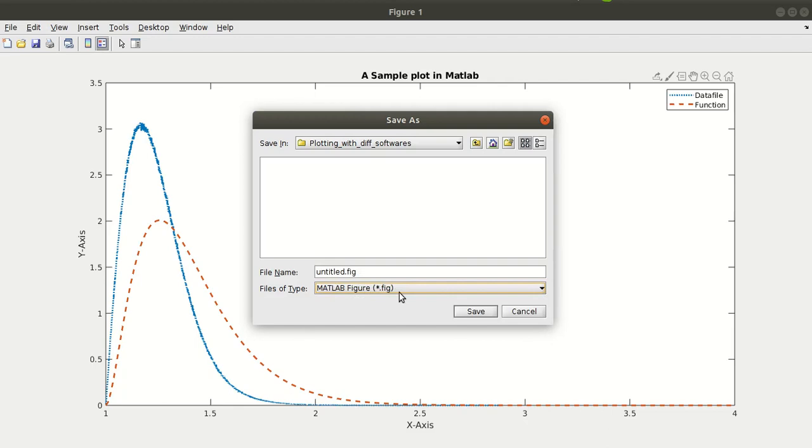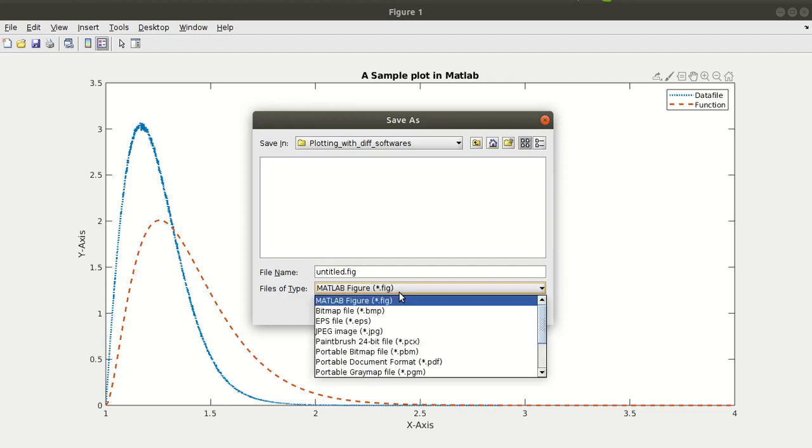And that is basically a particular feature of MATLAB, like the SVG file type in Inkscape. So this fig extension will allow you to edit the files afterwards. Like in future also you can edit that if you save in that format.